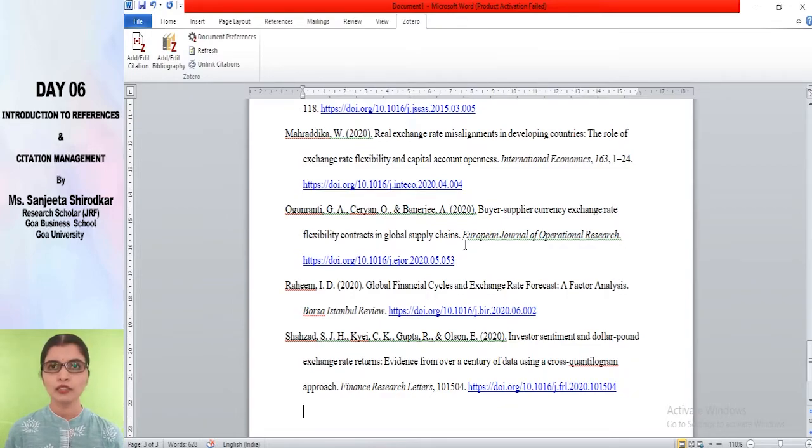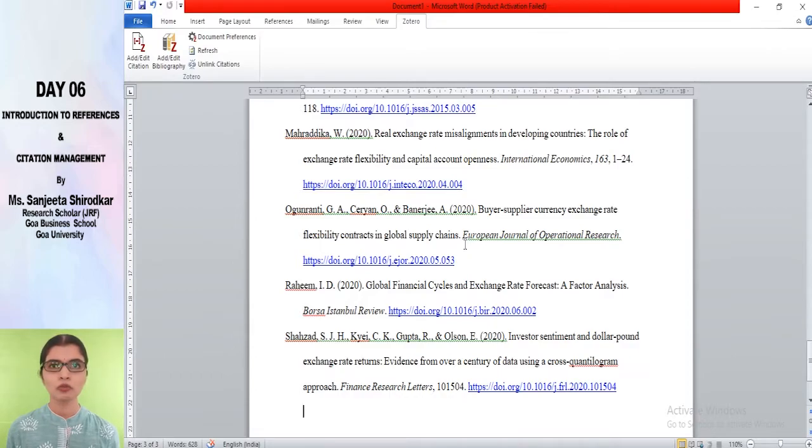So since you have understood the basic functionalities of both the apps, it's up to you which one you would prefer and what is your requirement. But as far as comparison goes, it's my personal viewpoint that I'm finding Mendeley more user friendly and better in terms of features and well suited for my personal requirements. One of the advantages is it is offering more storage space than Zotero. Second thing is I'm finding the interface of Mendeley more user friendly and simple, and the functionalities are also very simple in Mendeley.